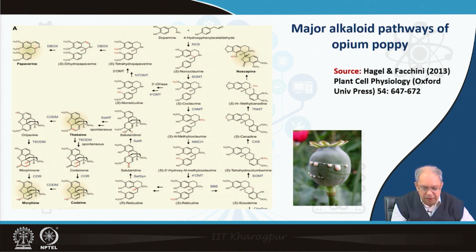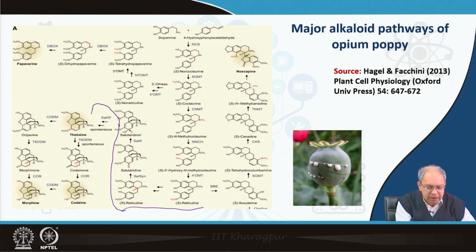What we have studied today is from reticuline S to reticuline R, then it moves in this direction, then it forms salutaridine. There is, of course, a salutaridine synthase which I did not mention, then SalR, then SalAT,